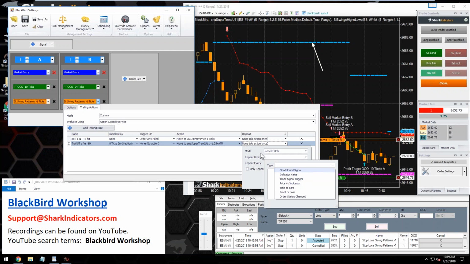The repeat is what tells BlackBird, okay, keep trailing the stop loss, keep trailing and trailing and trailing. But the repeat until, so these trigger events here tell the repeat to stop repeating. So what do we want? What are we looking for? So once our profit target for A